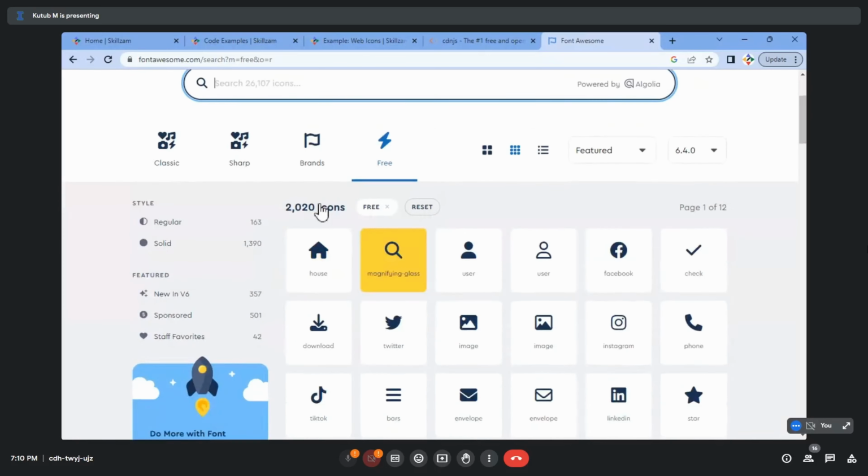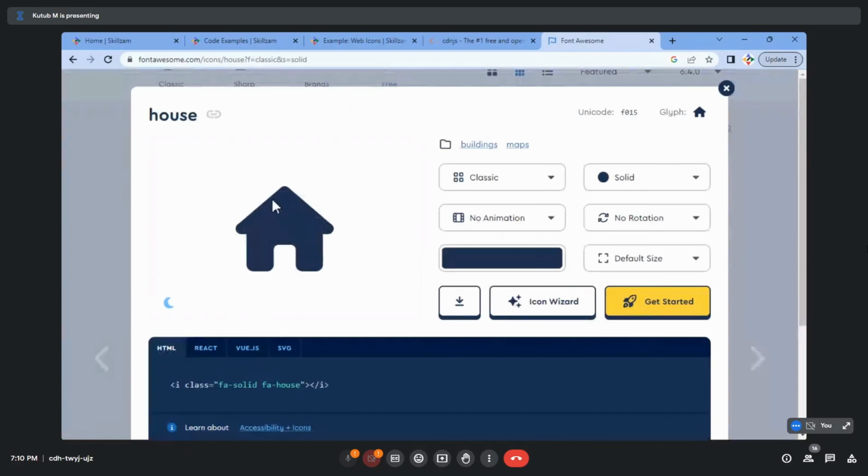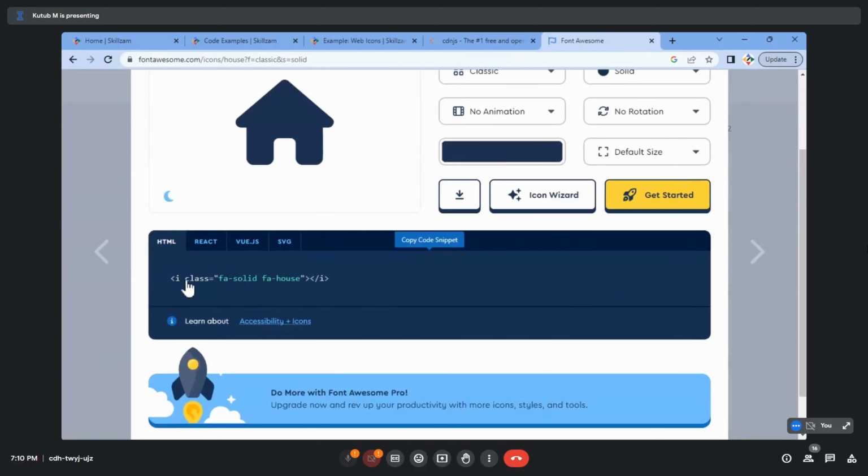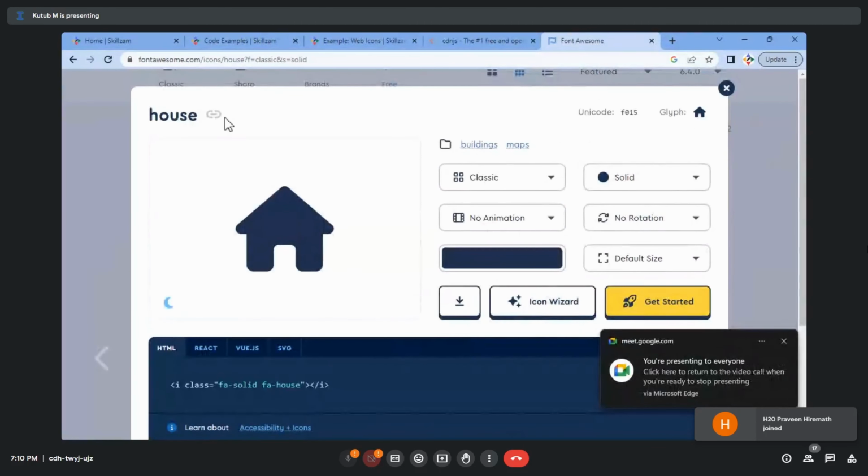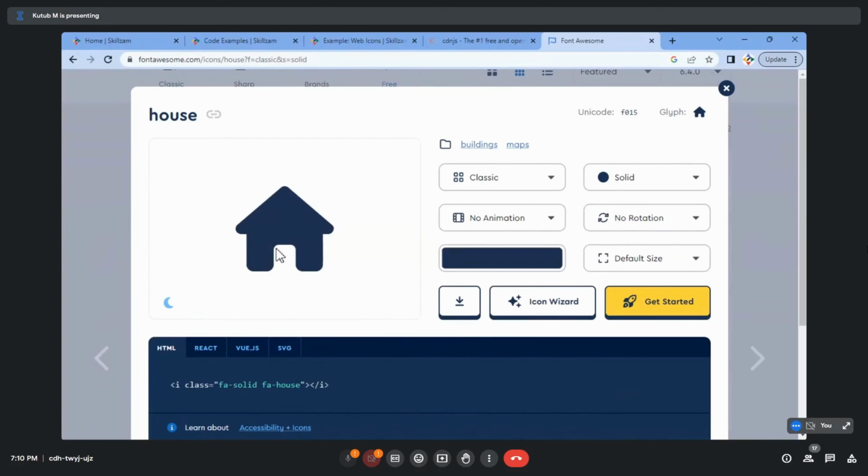Like for example, let's say this home icon. If you see this home icon, the code that we are going to use is this: the i tag, whose class is fa-solid and fa-house. This is nothing but the icon image that is going to show up on your web page, which is the home icon. In order to show that home icon, you need to add this tag with this class. And where is this class defined? This class is defined in